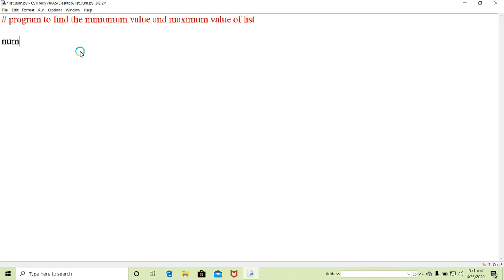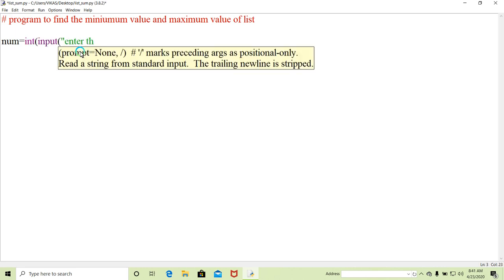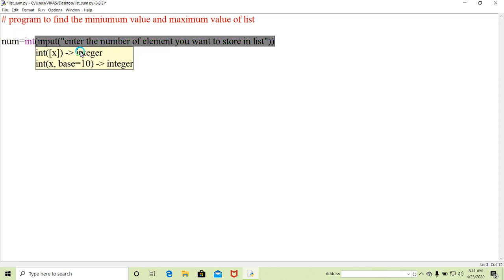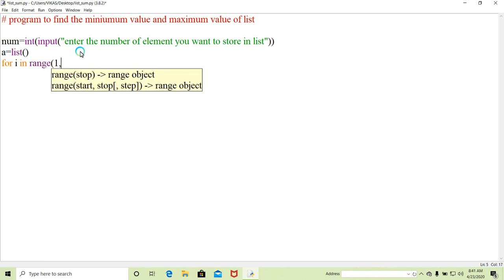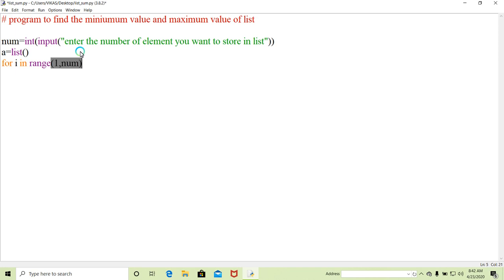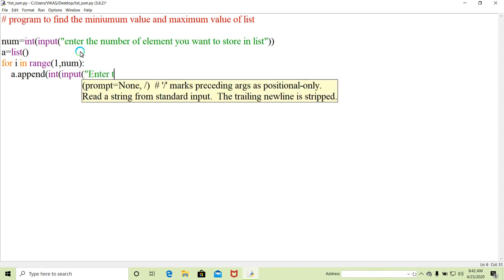I will take one number input and I will ask the user, enter the number of elements you want to store in the list, and I will make one blank list here, and I will run one for i in a range starting from 1 and going to num, and I will give here a dot append function, as I explained yesterday, int input, and I will ask, enter the